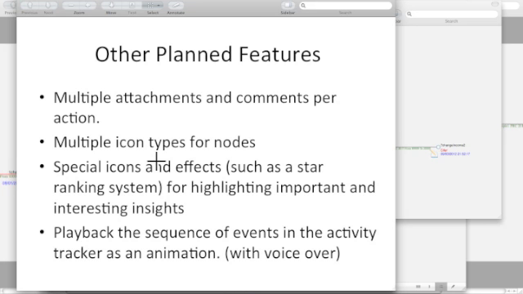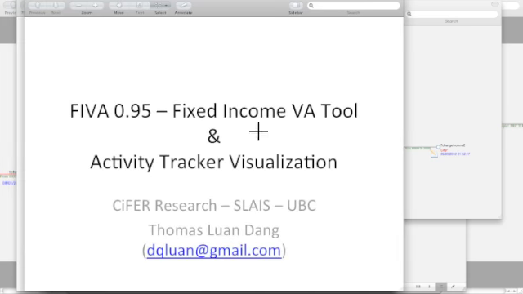The hover compare is a feature that supposedly, when you hover on the link, should show the visualization states of two adjacent nodes. And other planned features include having multiple attachments and comments per action, and multiple icon types for nodes. As you can see right now, all the nodes are just circles, and they are denoted by the actual